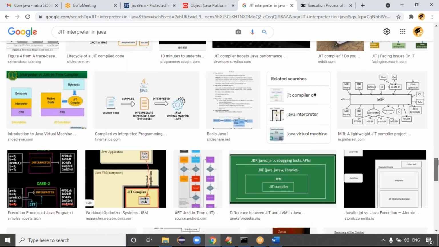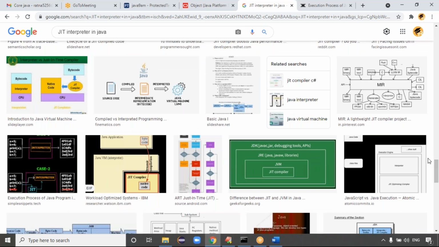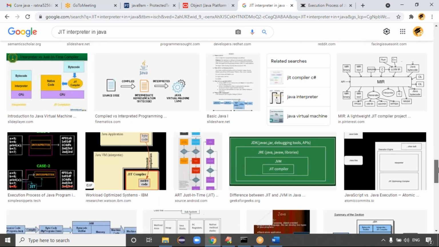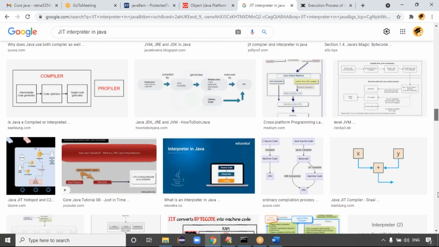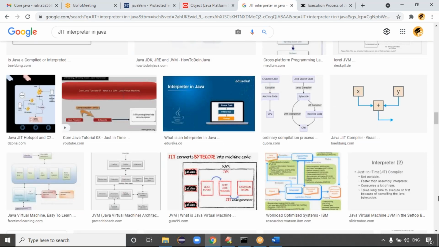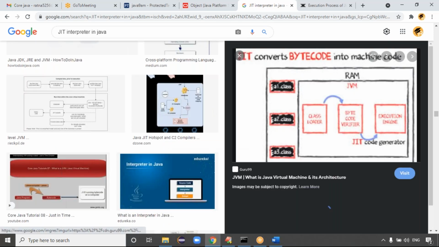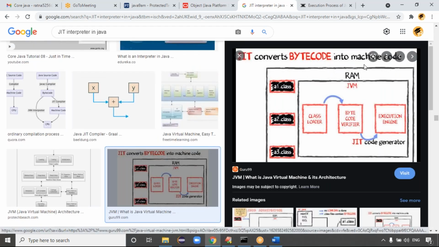As per the final conclusion, JIT compiler will execute the looping concepts first, and interpreter executes the data in line by line format, right? Exactly. Because bytecode definitely goes to both interpreter and JIT compiler. JIT converts the bytecode into machine code. Everyone does the same. Interpreter also does the same work, right?